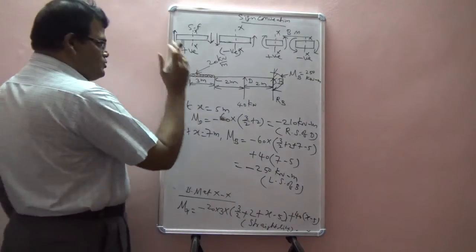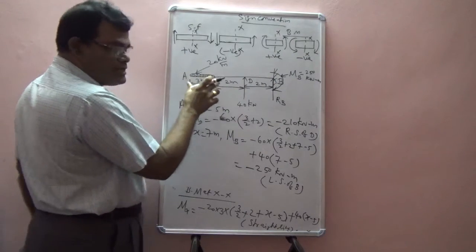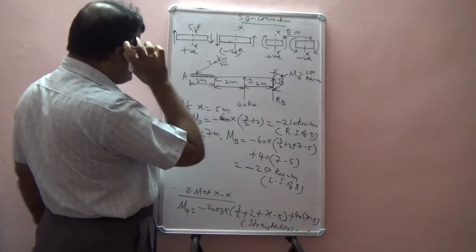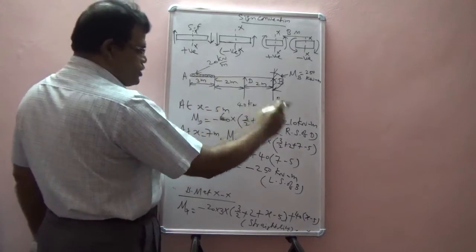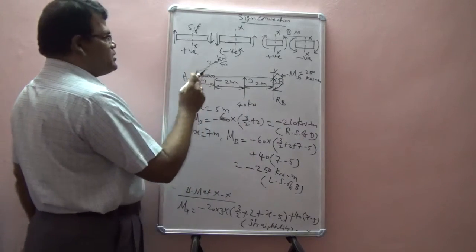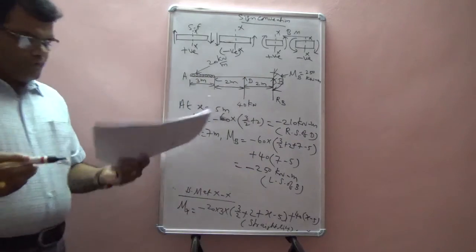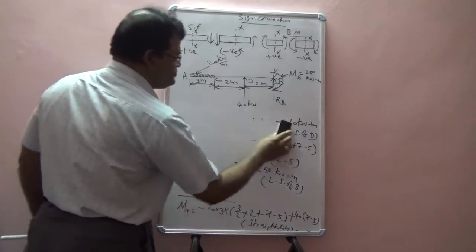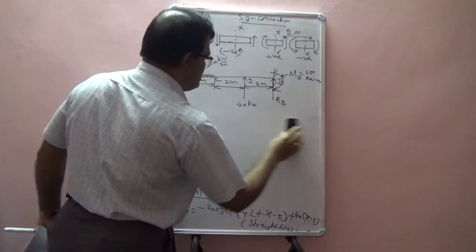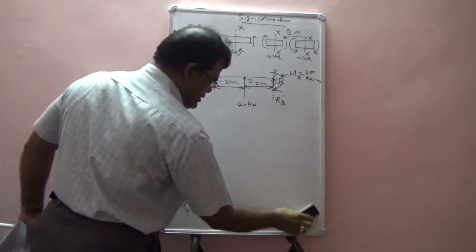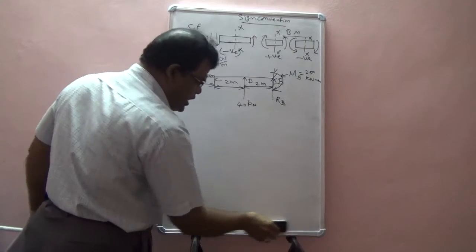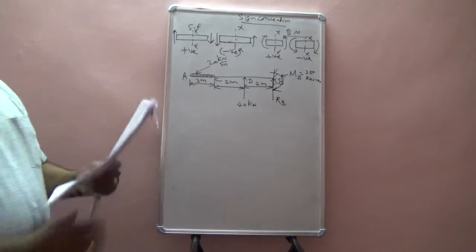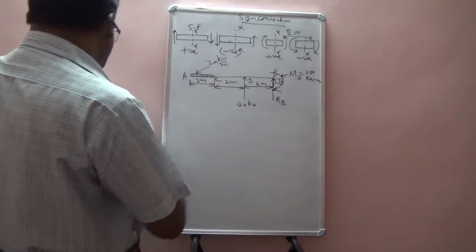So we found out for different sections, each section we have considered separately. We have written the bending moment equation, we have written the shear force equation, we substituted the boundary conditions, and we found out the various bending moments and shear forces at the various points of the load. Now we will draw the shear force and bending moment diagrams. Sometimes, to make it easier to understand, you can tabulate all these shear force and bending moment values, and then you can draw the diagram.